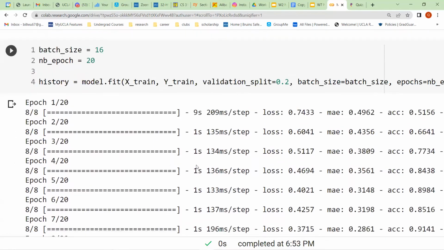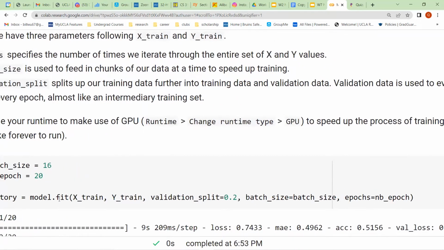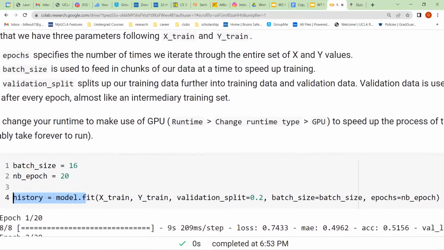It's kind of confusing, but as you can see here, we're going to fit the model by splitting our training data set into this 80-20 split.